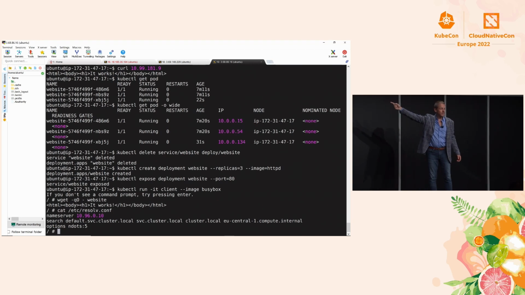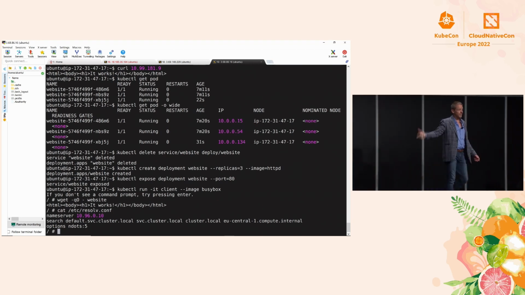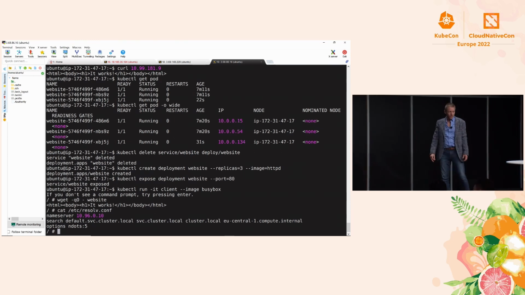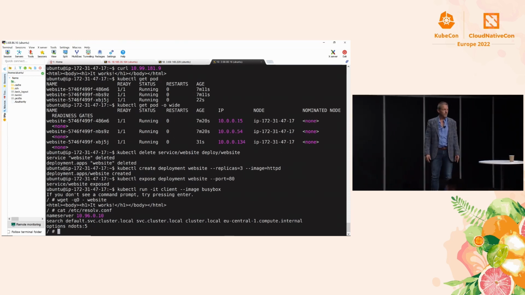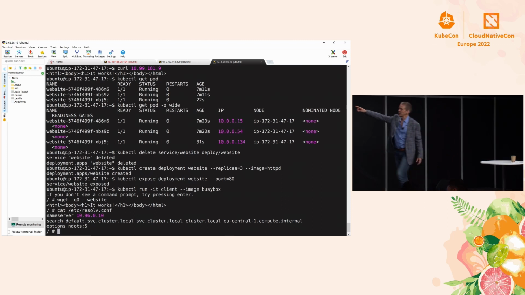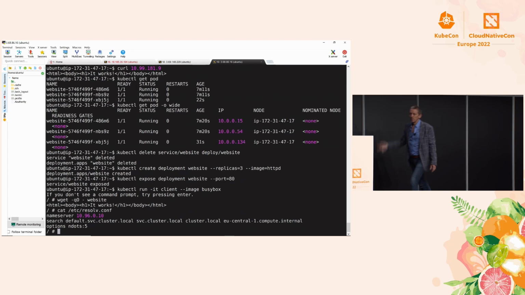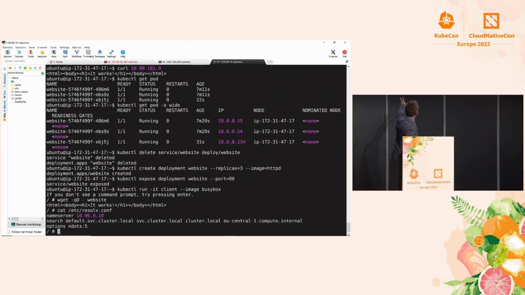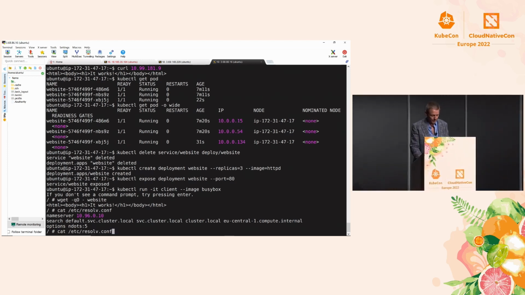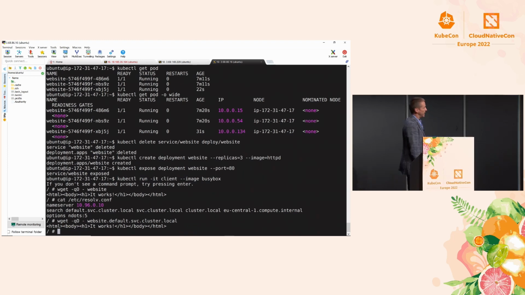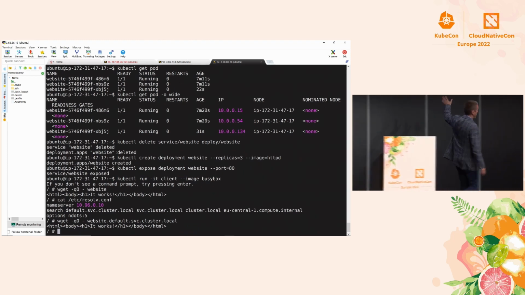Recognize that IP. It's 10.96.0.1. That's our CoreDNS service. It's the cluster IP of our CoreDNS. Kubernetes eats its own dog food. Then look at the search suffixes. I'm in the default namespace on cluster.local. So when you make the name, if you fully qualify it, and you say .default.service.cluster.local, that's what's happening. We're just adding that search suffix, and it's a fully qualified name.